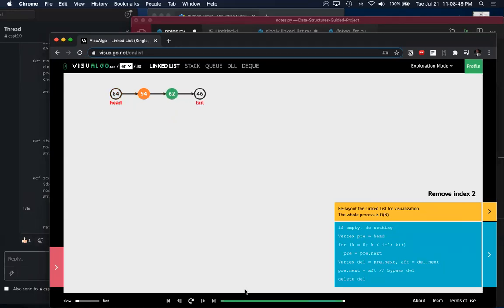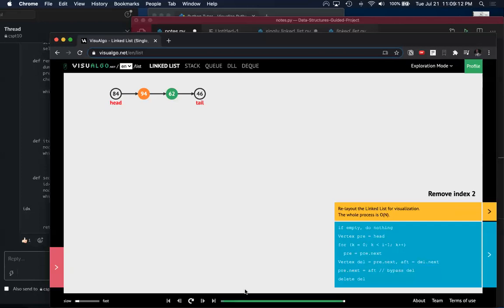Notice how we don't have a big gap in the middle of our list, right? We've traversed from the beginning to the element that we wanted to delete. And then we changed the pointer of the previous node,